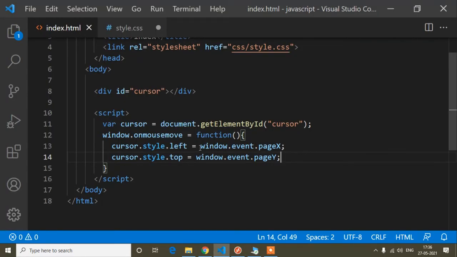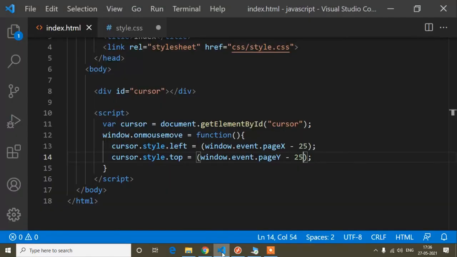I will show you again. If I set this cursor position minus 25, it will be the same. So I will write minus 25 here, and also minus 25 for the top, so it will be in the middle. Now you can see when I'm moving, the element is in the middle.